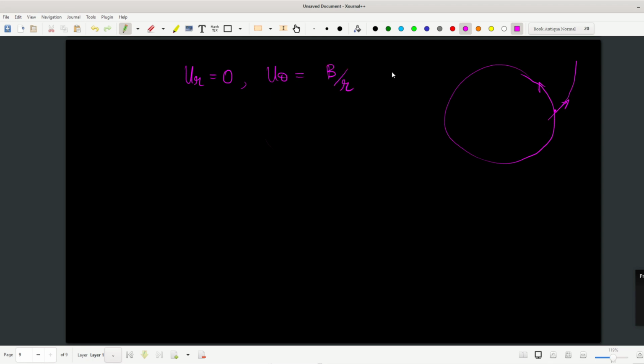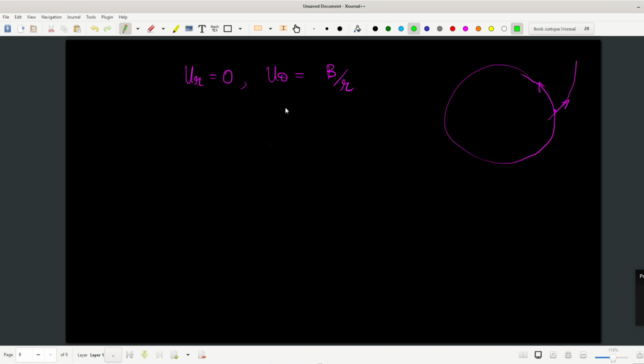The other kind of vortex is where u r is 0. See, in vortical flows, you always have those closed circuits, so you cannot have a u r component. Meaning, if you have a u r component, it means that the streamline has to go in a certain direction; it cannot loop back. So u r will be 0, but u theta in this case will be B upon r. Okay, it's a 1 upon r dependency.